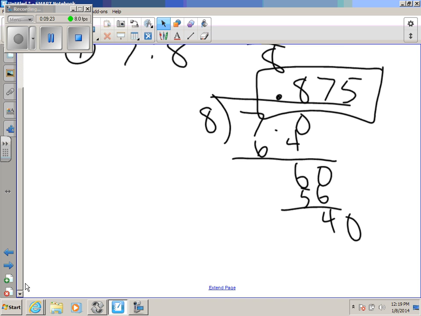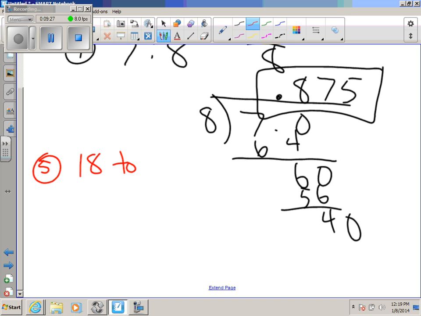Number 5 says 18 to 5. Again, might not want to use that particular form. Is there a form I could use that'll make it a little bit easier? Which is it? Not 5 over 18, 18 over 5